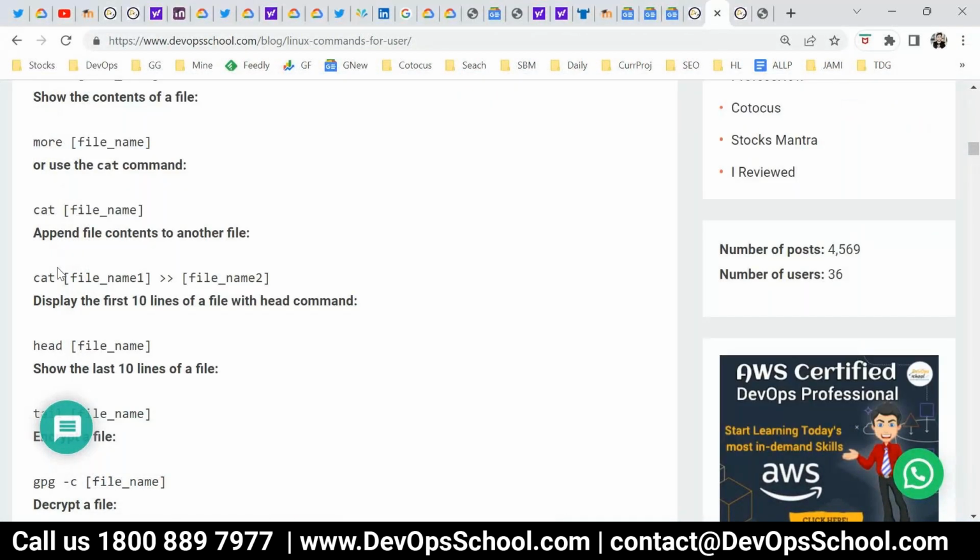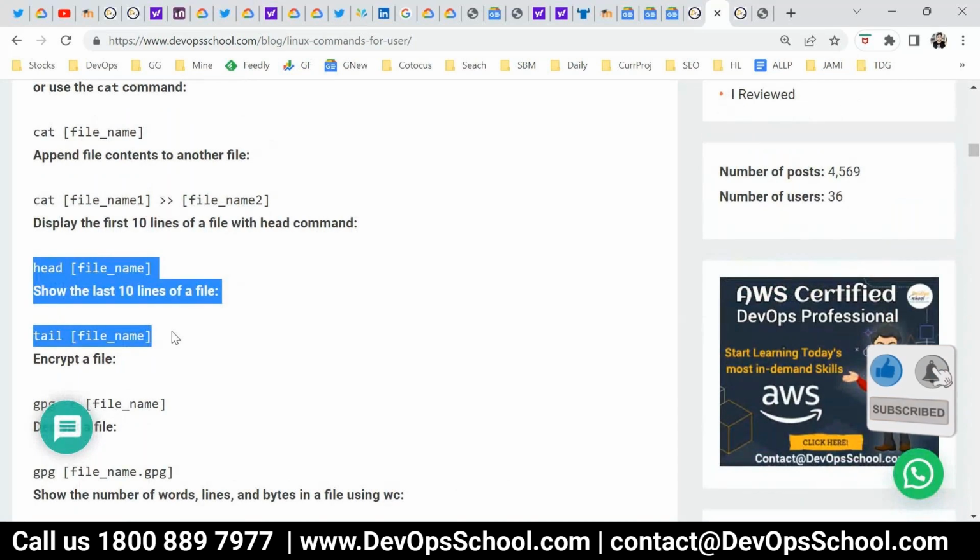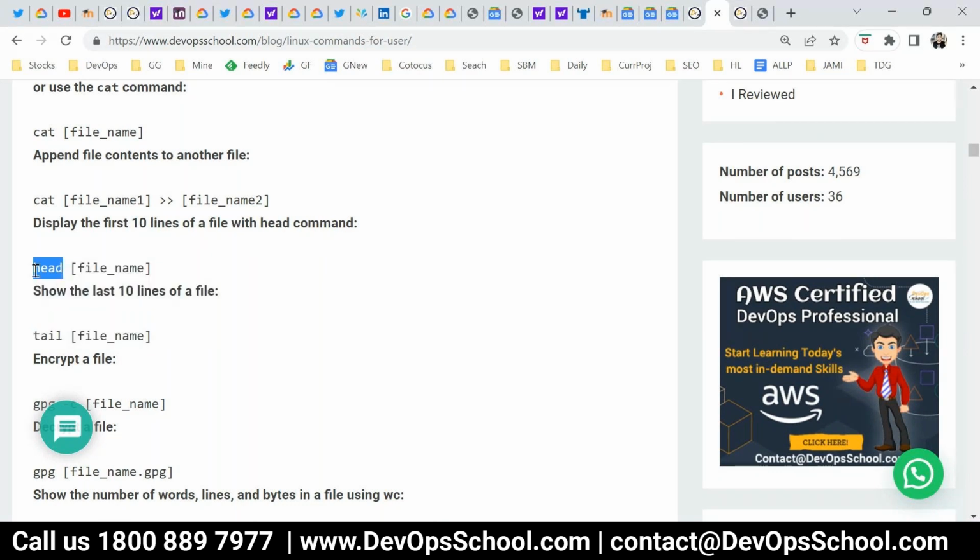So this way you can see the content of the file. A few more combinations are there with more and cat, but with practice you'll get it. There is one command which is called head and tail. What is head? Head basically will show you the lines from the top. You can decide. Again, very exciting command. There are lots of combinations, but it will be too difficult to talk about each and every combination, but with practice you'll get it.